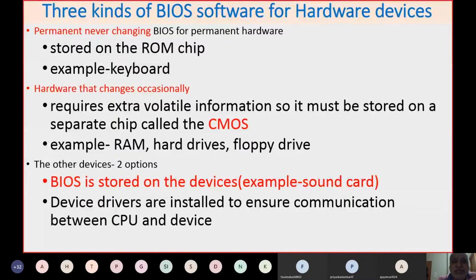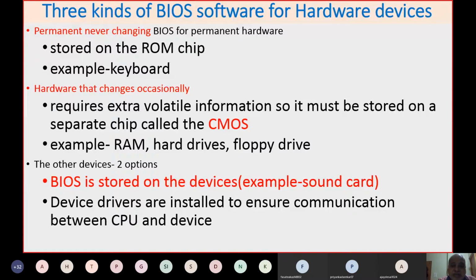Another BIOS is the one you use if you want to configure your computer. For example, if you want to store date and time, or if you want to set up a password so that nobody can go into the BIOS, or one has to give the password to start the system, or if you want to make your device bootable, from which device you wish to start. I mean, you can make your system bootable from either a pen drive, or an optical disk, or a hard disk, or even you can start your computer from what we call a network.